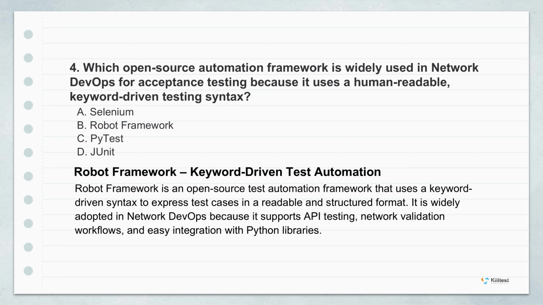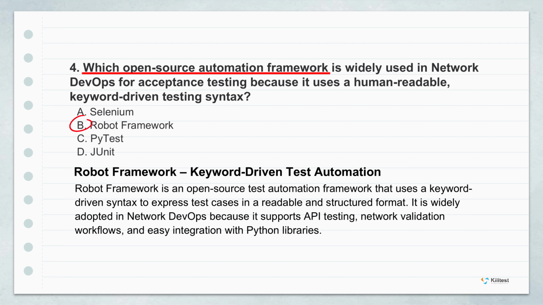Okay, for this acceptance testing layer, what open source framework has really gained traction in the network DevOps space? Something known for its simplicity and flexibility. That would be the Robot Framework. It has become incredibly popular for network environments. And what makes it the right tool for engineers who might be comfortable with Python but hate writing complex unit tests? Its defining feature is its